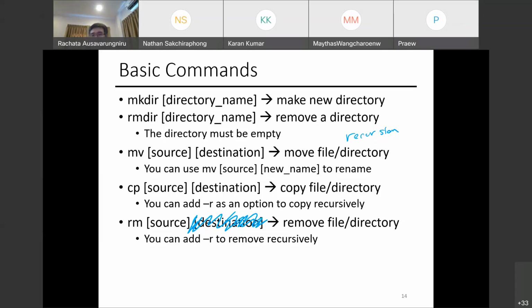When you remove a file, it doesn't go to the trash. It's permanently removed. So be careful with your remove command. I happen to know, when I was doing a PhD, I had a lab mate who by accident typed rm -rf. r means recursive. f means force: if it gives you a warning, I'm going to do it anyway.